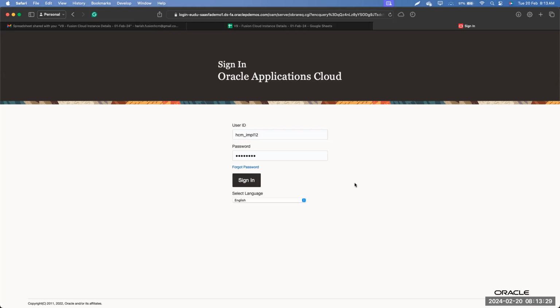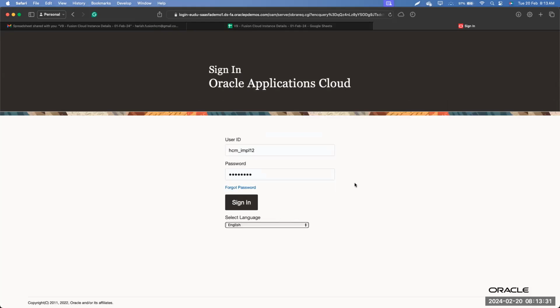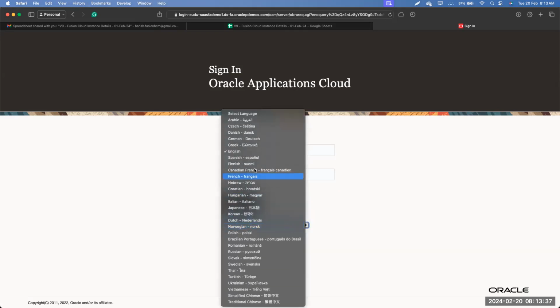And the easiest and simplest way to find out the list of languages supported by Fusion is here, you see the select language, right? You will see all the languages which are supported by Fusion. So only these are the languages supported by Fusion. So if you have a customer from GCC, then for them Arabic. And then we have Chinese, simplified Chinese, traditional Chinese, Thai, Russian. The languages have been covered accordingly.